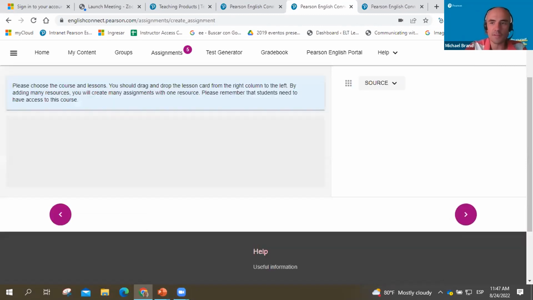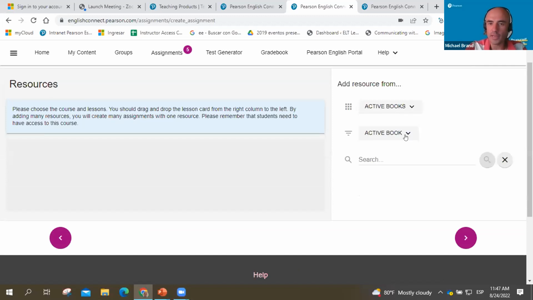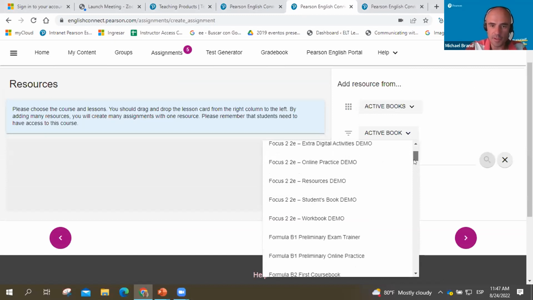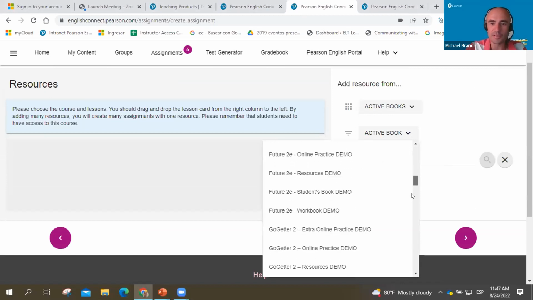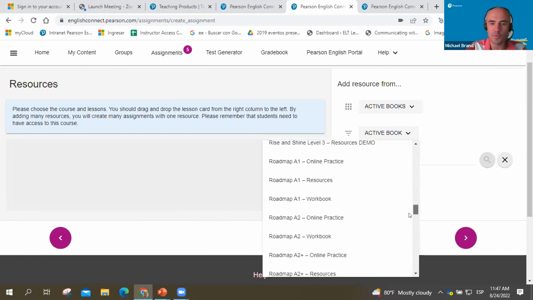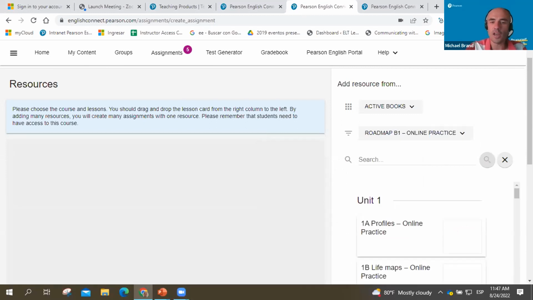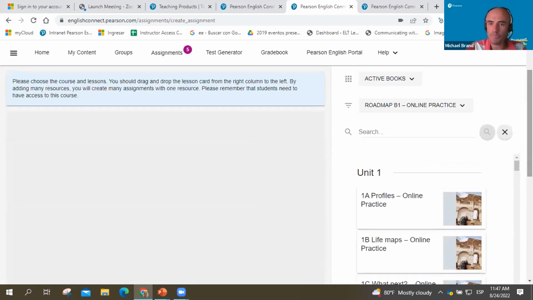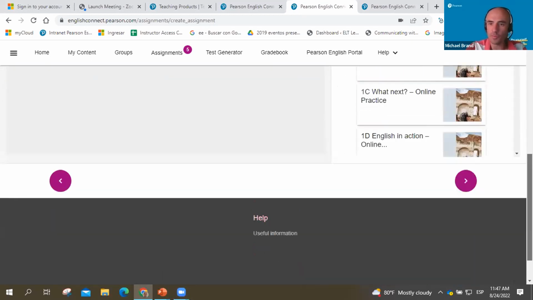Let's move forwards. Now I'm going to choose what to set them. Again, I've got just about everything in here, so it might take me a little while to find the content that I want to assign. I'm going to do the online practice activities for roadmap.